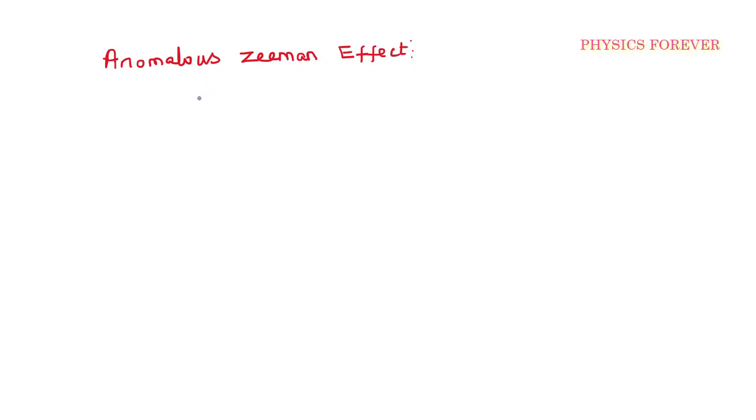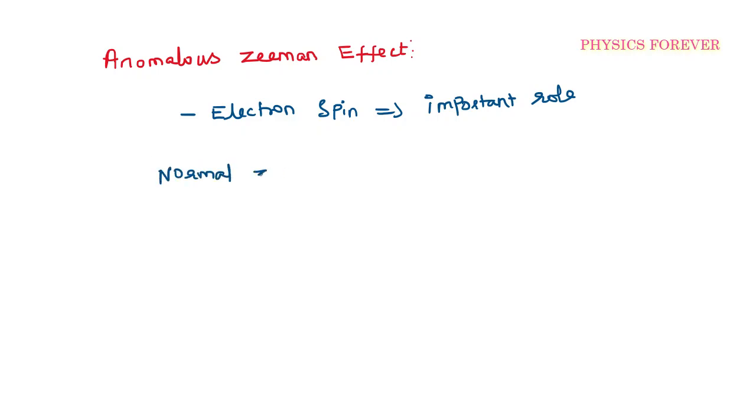Because here electron spin plays an important role. That is the important case. Electron spin has an important role in the anomalous Zeeman effect, because in the normal Zeeman effect,